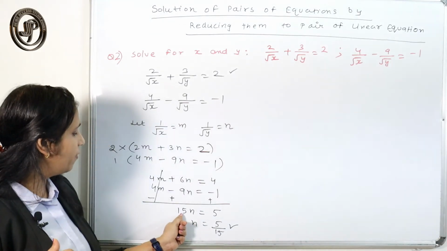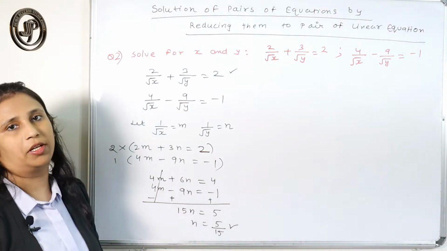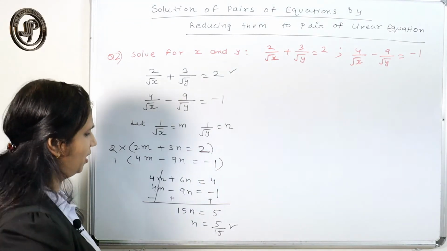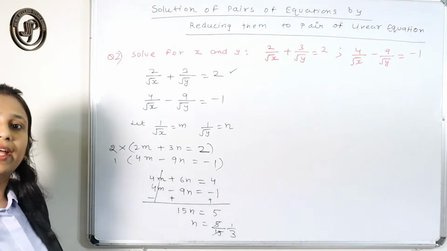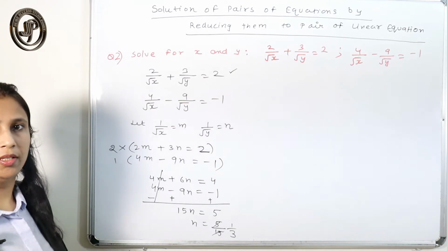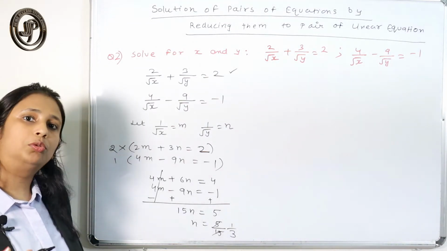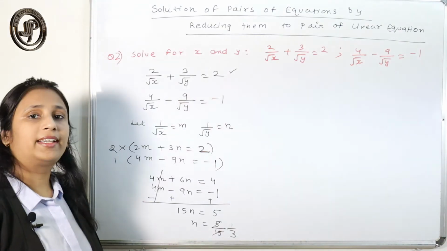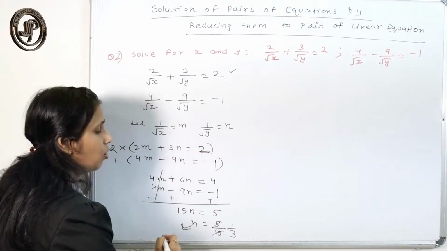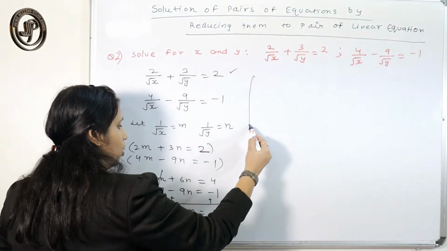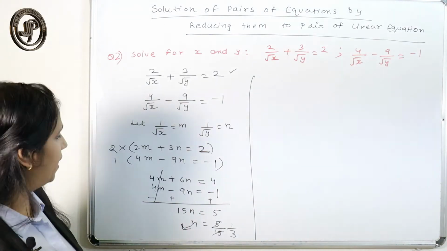So always remember, whatever is with the variable term will come in the denominator, and that is a very basic thing, very basic mathematics. Okay, so if you reduce, you will get 1 by 3, not 3. 3 by 1 is equal to 3, but 1 by 3 you can't write as 3. Some students generally make that type of mistake also. That's why the answer comes incorrect. So just focus on these things, whatever I am telling, because that type of mistake can be made by students. So n is equal to 1 by 3, right?